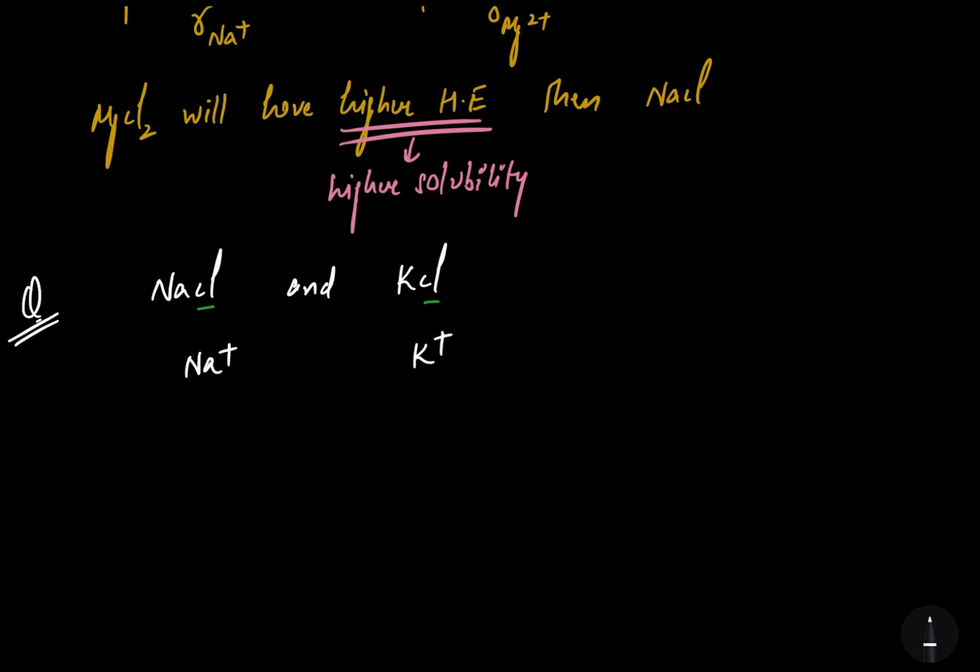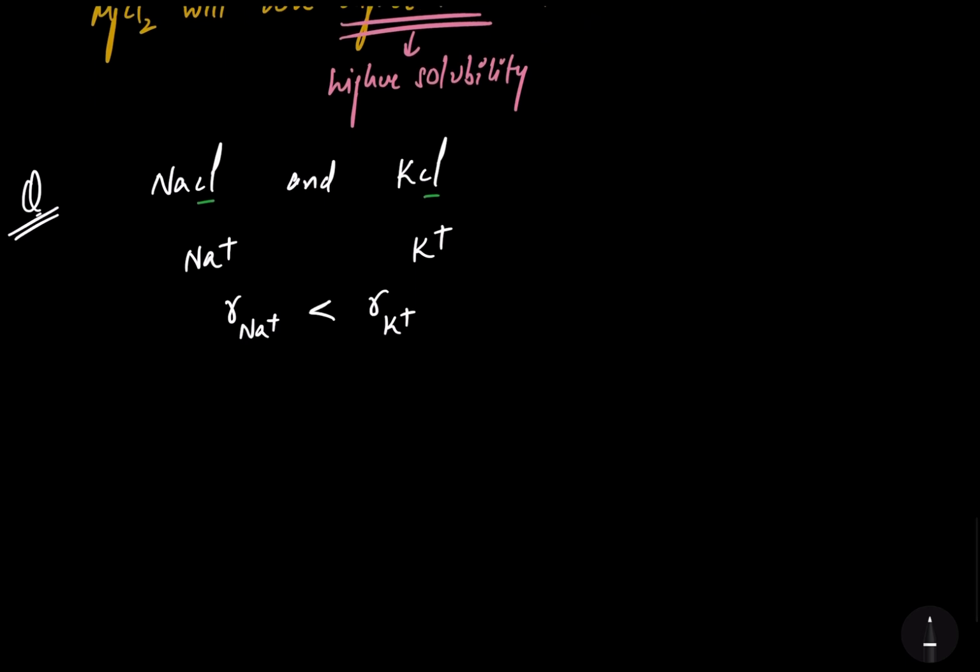Both have charge 1+, but the radius of Na+ will be smaller than the radius of K+ because K is beneath sodium in group 1. So potassium will have a higher radius than sodium, which means that charge density, as it's inversely proportional to radius, of Na+ will be greater than the charge density of K+,